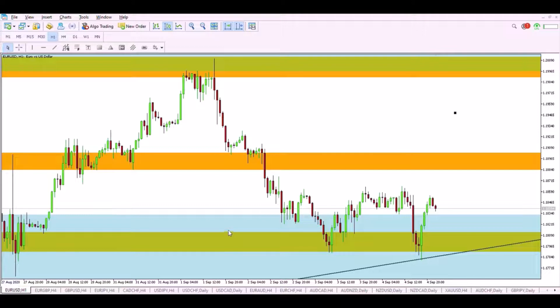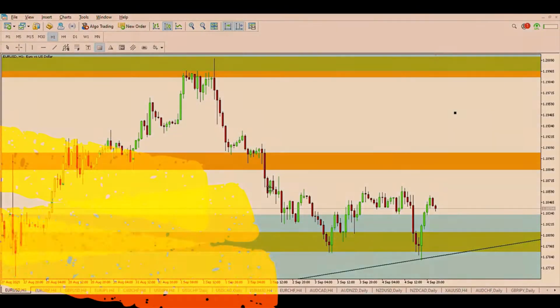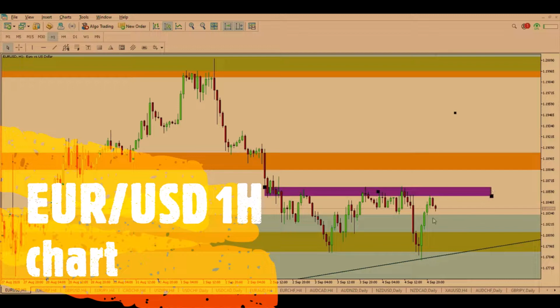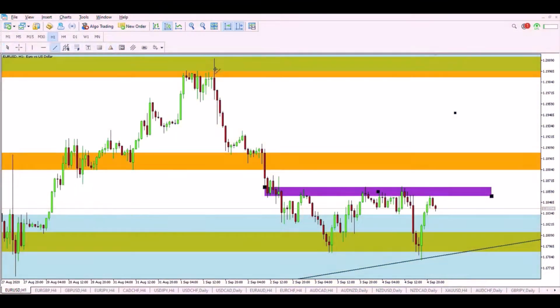So the first thing I want to show you is the Euro USD, and here is your double bottom pattern. We had a nice bearish trend last week, which ended with this double bottom pattern right here. You have the one bottom and the second bottom right here. So right now we are waiting for the break of the neckline, and then the price will probably go to the next resistance zone right here, and from there we can see a retest of the neckline,